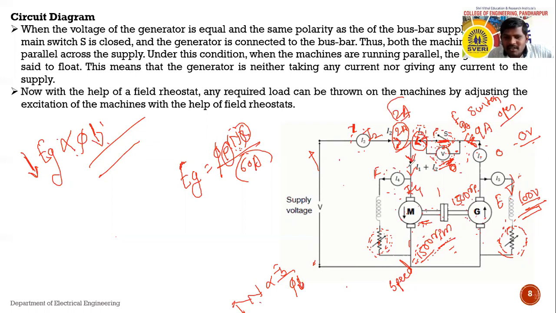because the total current taken by the motor is the sum of the current taken from the supply and the current generated by the generator. The current generated by the generator and the current taken from the supply, the sum of these two is the total current taken by the motor. We represent it as I1 plus I2, which is nothing but IL. Okay, so like that both machines are running on their individual power.